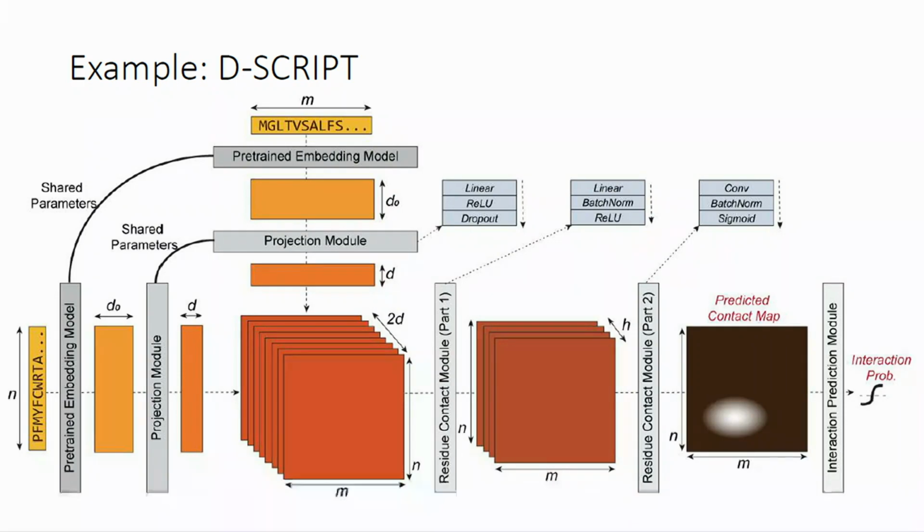pre-trained language models, where we can basically convert the amino acids into a pre-trained embedding space, and we can make pairwise computations between pairwise embeddings. And basically, this is like the pair matrix that you see in AlphaFold. This is not exactly what it's predicting, but it is an interpretation of what the intermediate layers might be learning if you train a binding predictor, right?